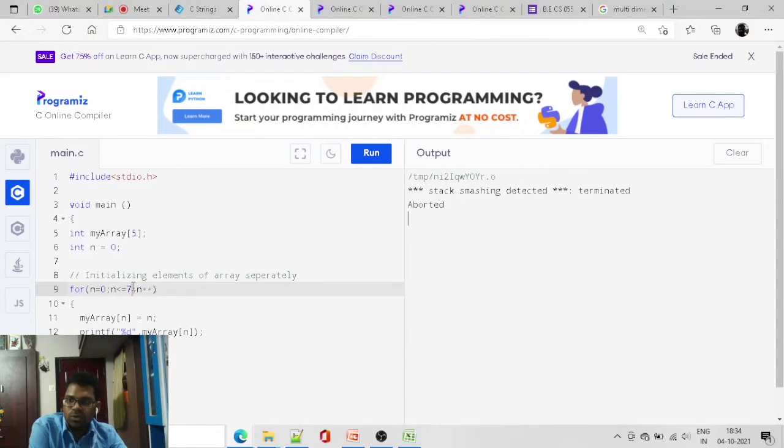So I will change it here to 6 and run again, and it won't work beyond that. So here my array of 5 can hold 5 values.